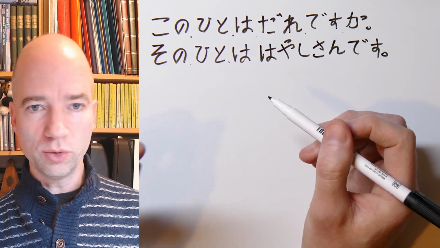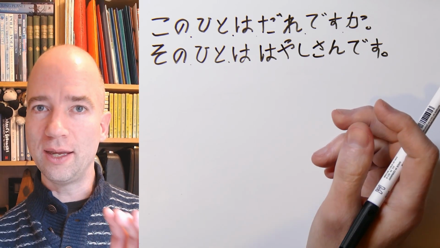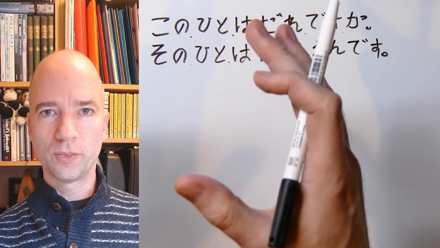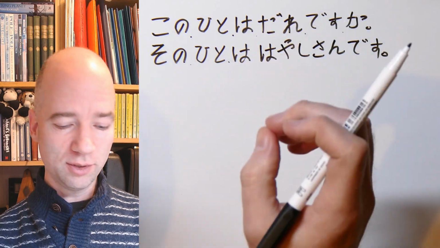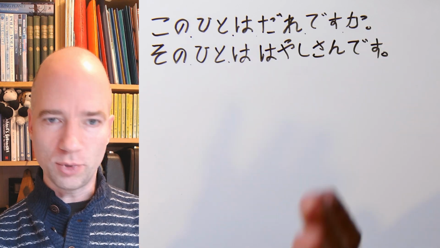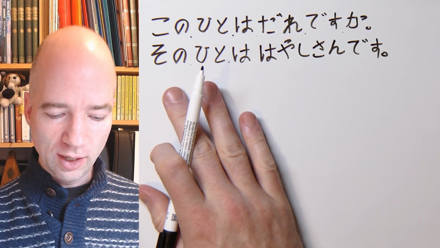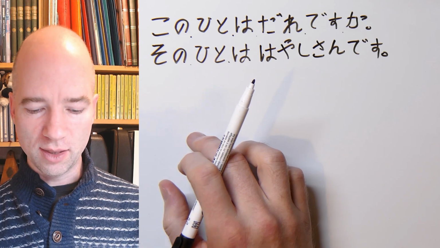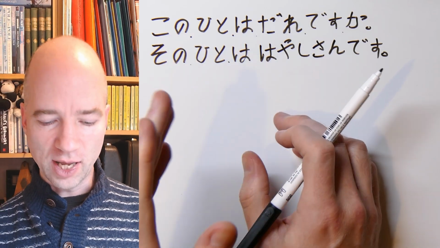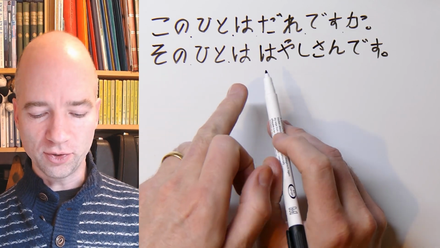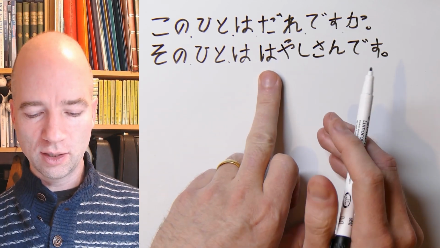So we have この人, or when you put a this or that in front of a noun, この人, その人. There are other ways to use this and that, but we'll get back to those later. So この means this, その means that in front of a noun. その人は that person is Hayashi